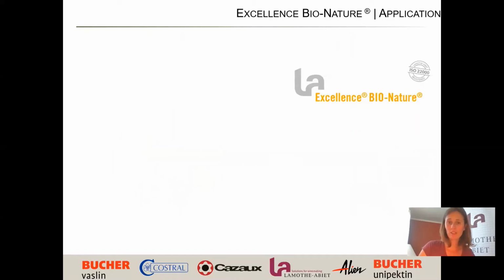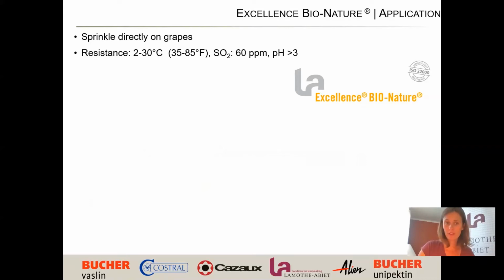In terms of application, how to use the BioNature, you want to sprinkle it on grapes. You don't need to rehydrate it. I told you there is a strong resistance. You can do cold soak with no problem. You can use it on white and rosé. It's not fermenting, so your settling will happen with no problem as well. And if you want to use it with sulfur, you can. It resists up to 80, I put 60 here to be safe,